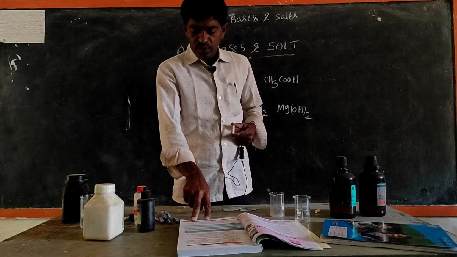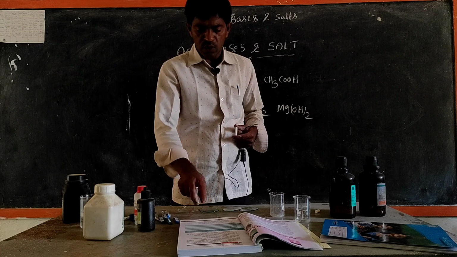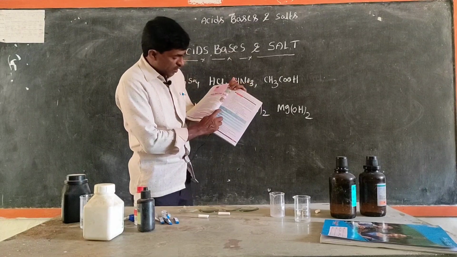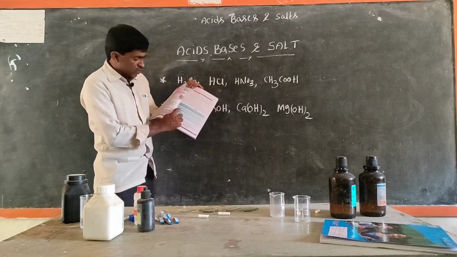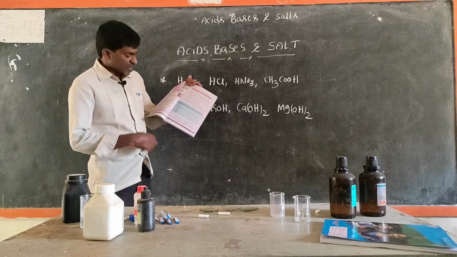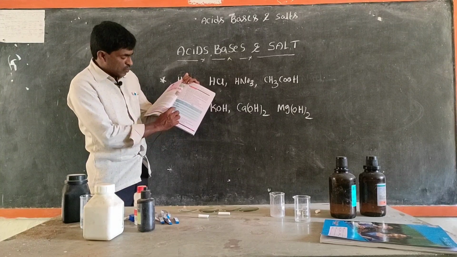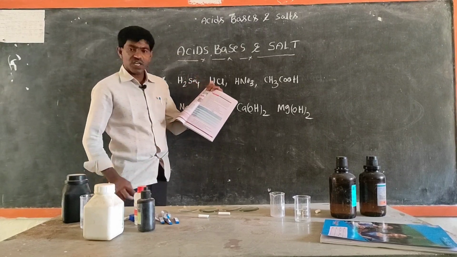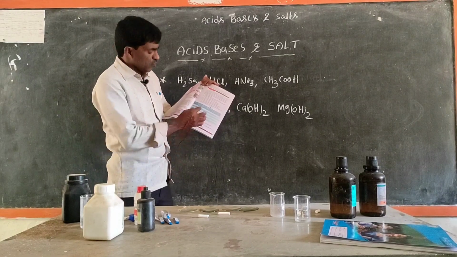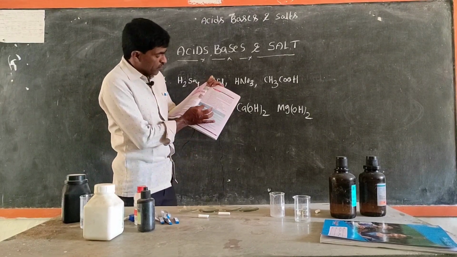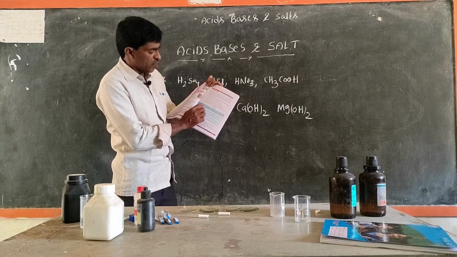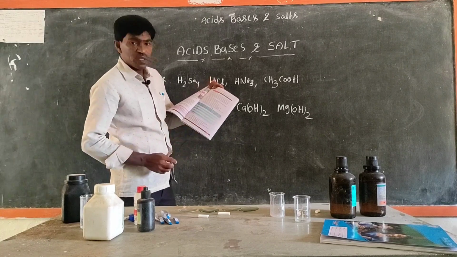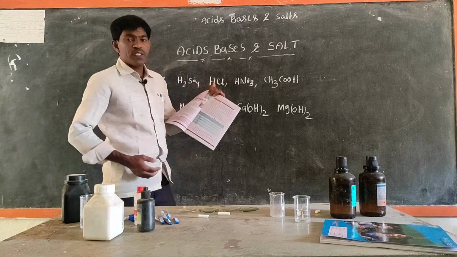We fill the following table, page number 21, table 1. We collect some samples in our laboratory like HCl, H2SO4, HNO3, and acetic acid. Remaining some bases like sodium hydroxide, potassium hydroxide, magnesium hydroxide, calcium hydroxide and ammonium hydroxide. These react with the red litmus paper, the blue litmus paper, the phenolphthalein indicator, and the methyl orange indicator.